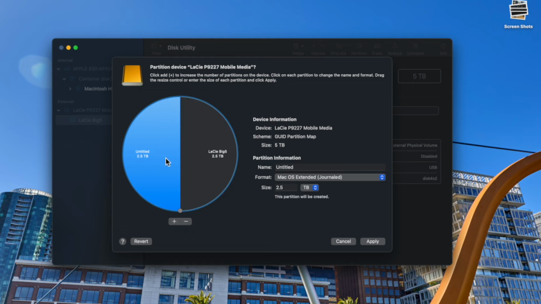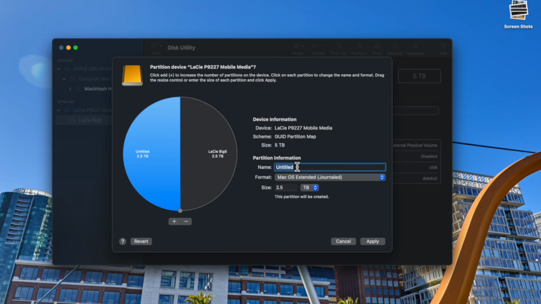So I can click amongst both of these, and it allows me to retitle and also designate how much storage space is in this individual partition. Let's just stick with the concept of I do a lot of video work, I do a lot of photography work. I want to make a partition for video and photos. So we're going to do photos. I'm going to go to the name here, and we're going to type in photos. And I want to designate, we'll just say 1 terabyte of storage.